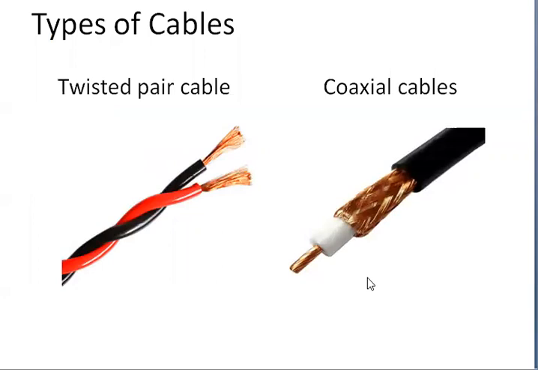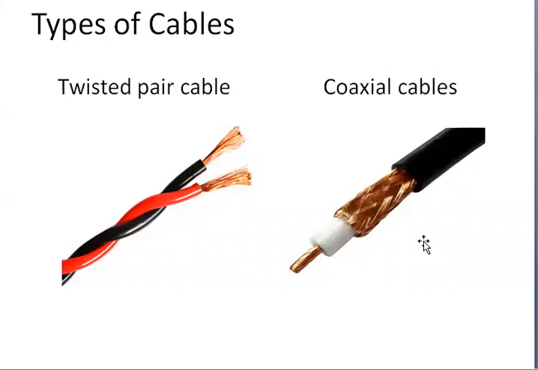And the next one is types of cables. There exist two types of cable. The first one is twisted pair cable and the second one is coaxial cable. In the twisted pair cable, there exist two cables, and in the coaxial cable there exists a concentric center cable only. This is the concentric center cable. This is the insulation. So here the twisted cable can be defined as it consists of two cables which are twisted, and it is also known as a balanced line.